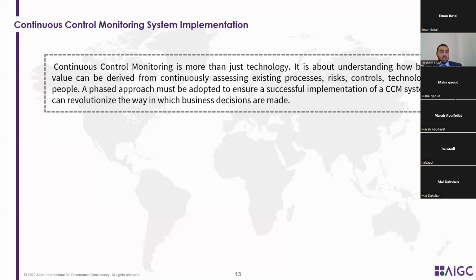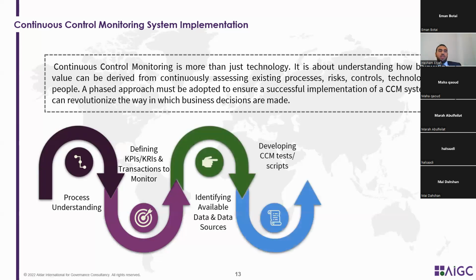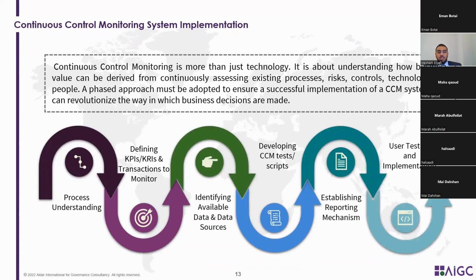such as it should start by identifying and understanding the process, understanding how the process operates, how the business operates, the technology adopted in the process, similar to doing a risk assessment or internal audit. And then after that, we start defining some KPIs, some KRIs, some indicators, some transactions that we'd like to monitor and assess. And then post doing that, we identify data that we can test or the data sources